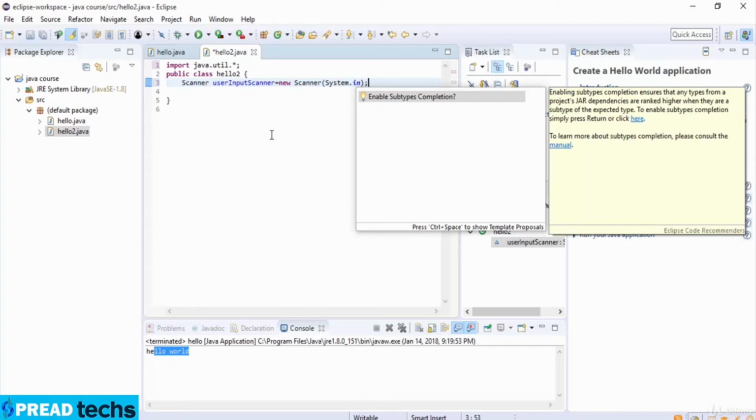System.in tells the program to scan the input from the system, which is the input that the user will